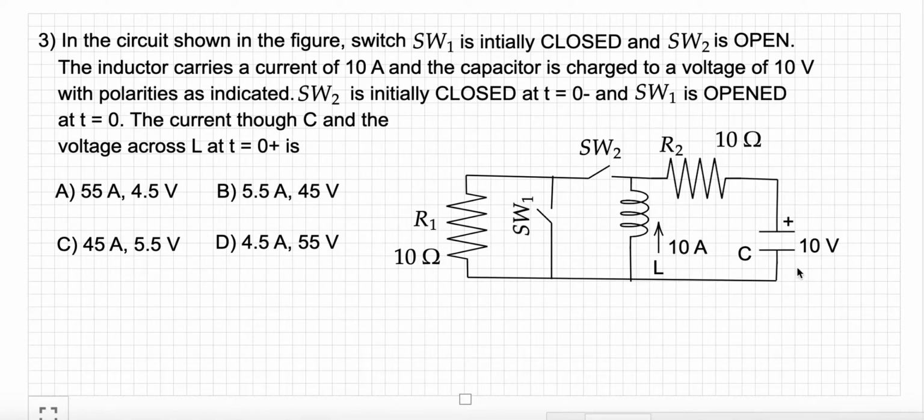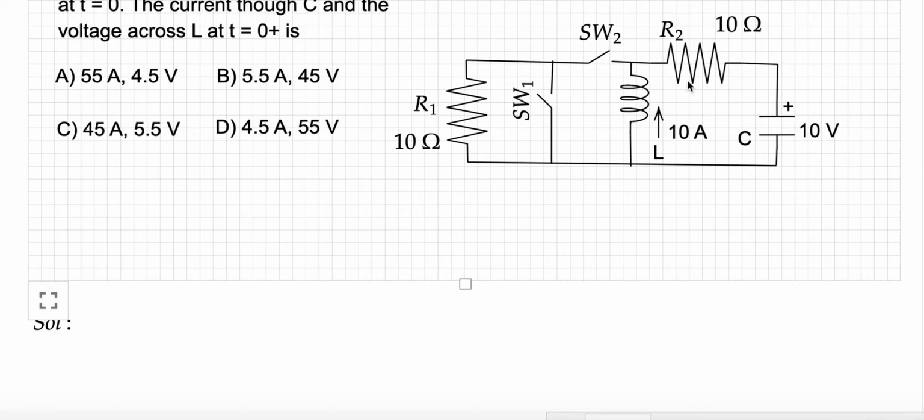Now I am looking at this entire circuit as two series-connected resistors with a 100 volt source here and a 10 volt source here. Since this potential is more than this potential, current flows from higher potential to lower potential, as we all know. The current direction is from left to right, towards the capacitor positive terminal. What about the current then? The potential difference divided by the resistances. This is a series circuit, so the current flowing through the capacitor is 100 minus 10 by 10 plus 10.